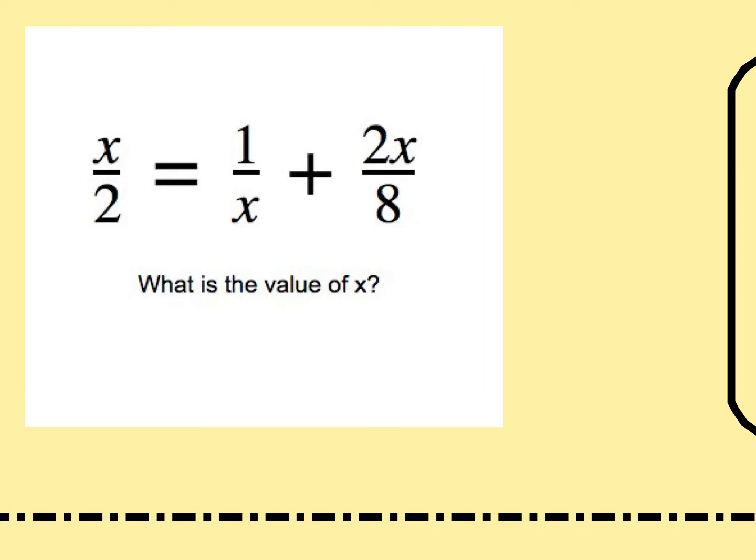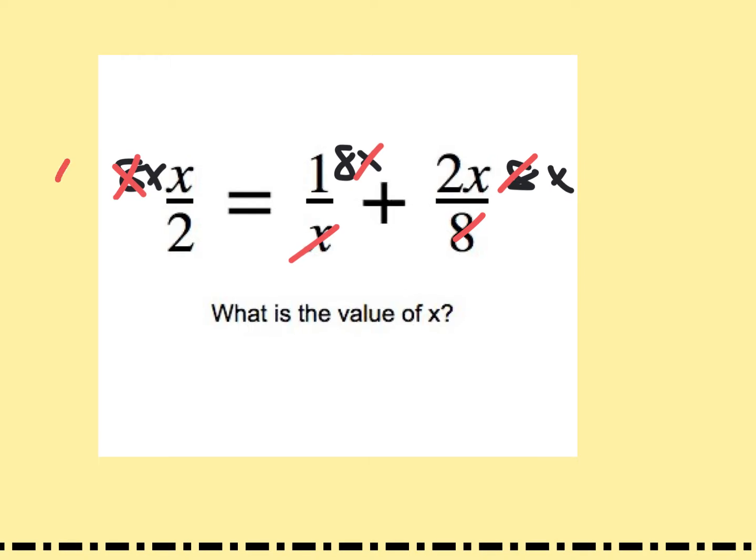All right, and now I hope you multiplied it by 8x in all three spots. You could have multiplied by 16x, but you wouldn't have needed to. Okay, now I'm going to cancel out this 8, and this x, and the 8 and the 2. I could really replace the 8 with a 4 times 2, because if you can factor it, you should. The 4's cancel, and there I have 2x squared